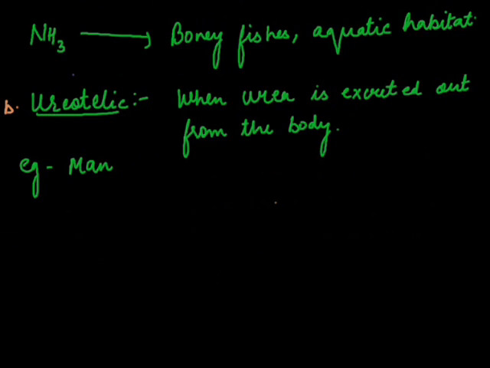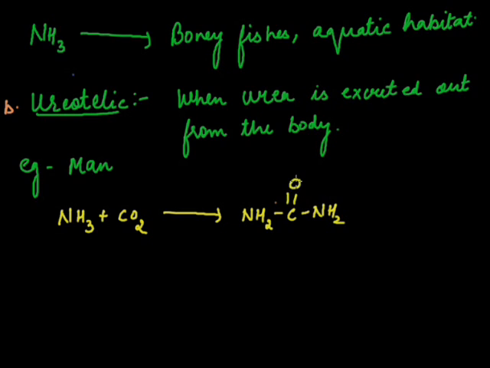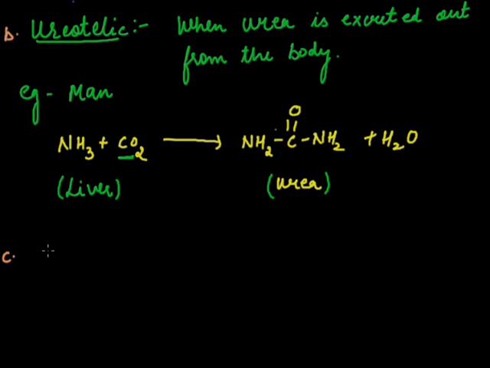In man, ammonia combines with carbon dioxide and forms urea plus water, and this takes place in the liver. This is ureotelism. Then third is